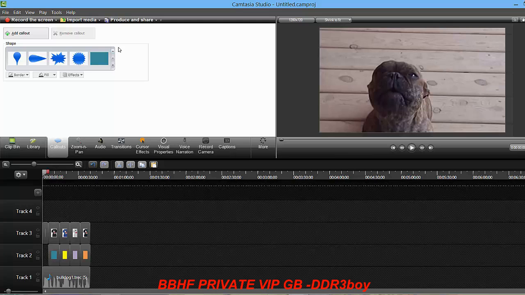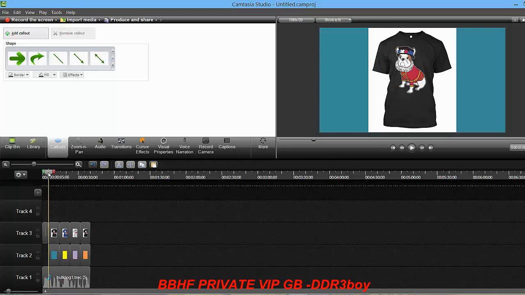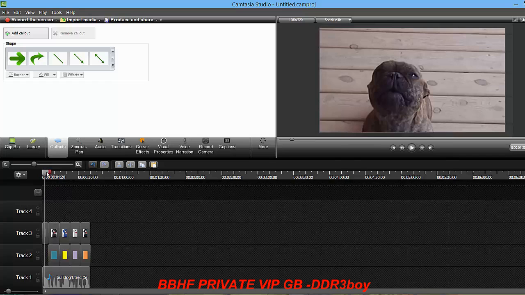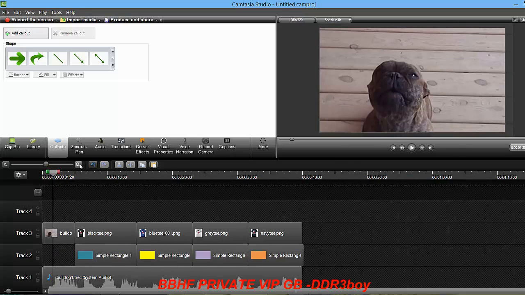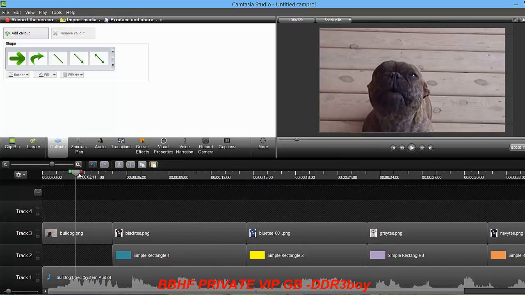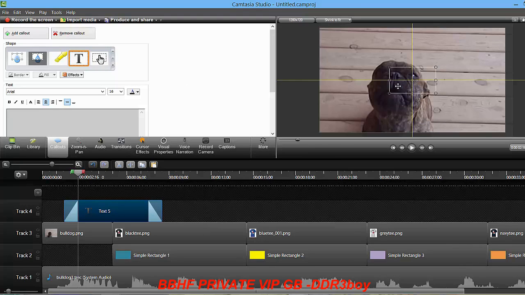Okay, so the next thing, we're gonna need a call to action. So let's just go over that real quick. The call to action, we don't really need anything in the front. It's just the image of the dog. So maybe not all the way in the front, but you could actually zoom in. Maybe a little bit after the video starts, I'll put a simple call to action, let them know what this is about. So I'll just type in here,